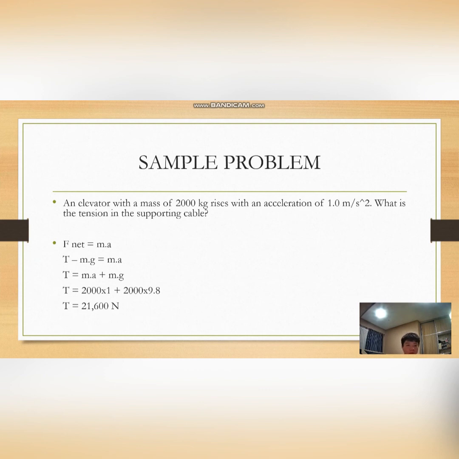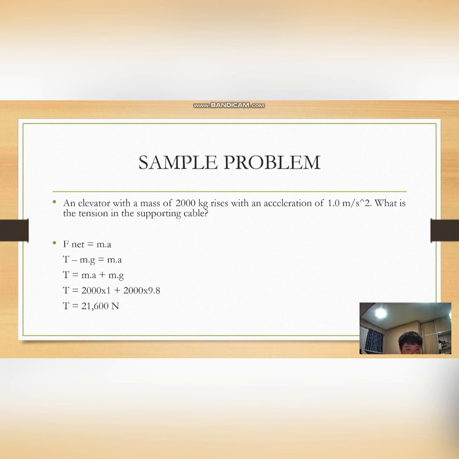Sample problem number 2. An elevator with a mass of 2000 kg rises with an acceleration of 1 meter per second squared. What is the tension in the supporting cable? F net equals mass times acceleration. T subtract mass times gravity equals mass times acceleration. The tension equals mass times acceleration